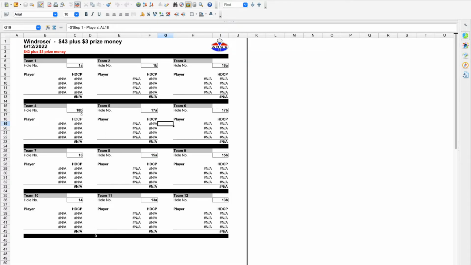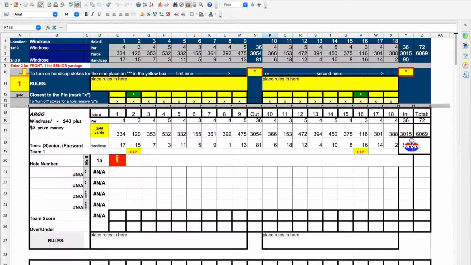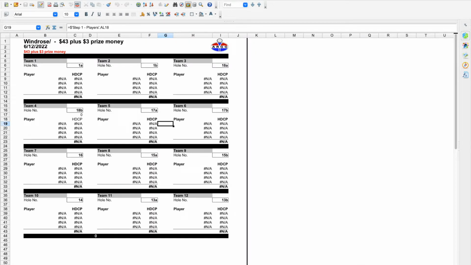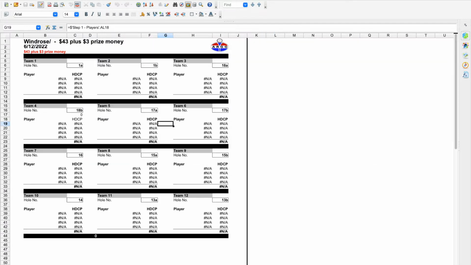And you'll notice, by the way, if I go back to the front sheet, there's also a pairing sheet here. This pairing sheet on the front page is there so you can see what's happening. This actually feeds directly into the pairing sheet on this page here. So after those three pages, then there's the scorecards. Scorecards come directly off this pairing sheet here. So anything you enter on the pairing sheet on the first page feeds this page, which in turn feeds the